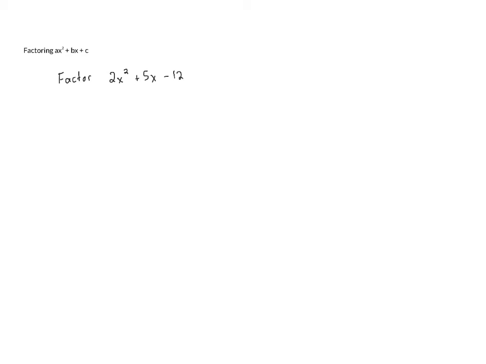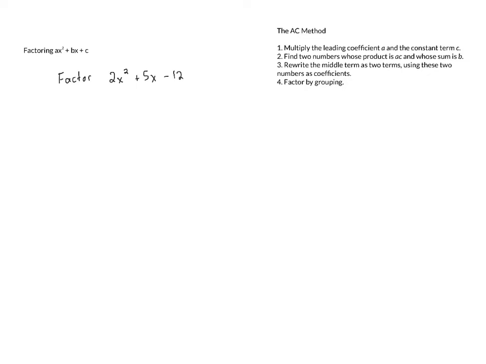And what I'm going to do is give you the steps of this method first, and then we're going to follow the steps to factor this one. So here are the steps. We call this method the AC method, and it has 4 steps. First, we multiply the leading coefficient A and the constant term C, which gives us AC, and that's why it's called the AC method. Once we've done that, we need to find 2 numbers whose product is AC and whose